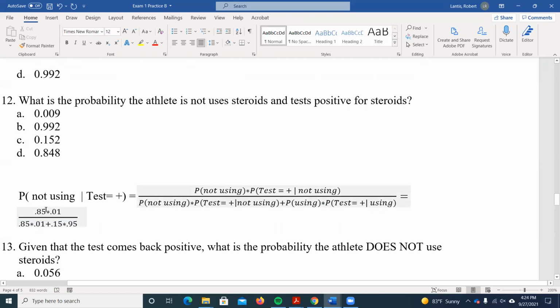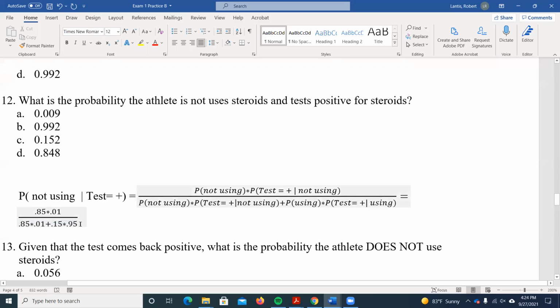Okay. Any questions over any steps in that process? Okay. All